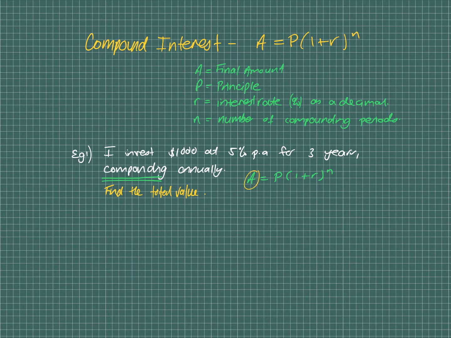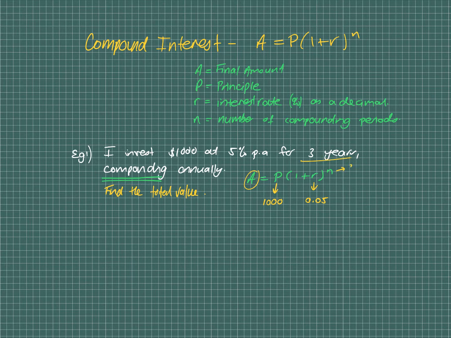So that means we're looking for A, which means the P we must have, and we know that the principal means the original amount, and that's $1,000. The R is the interest rate as a decimal, and the N is the number of compounding periods. Well, it's compounding annually, so that means once a year, and it's compounding it for 3 years, which means